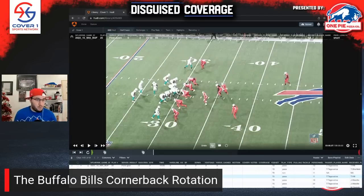Now, if they're playing up scheme or what they've seen on tape, and they know, okay, with this formation and this motion, I think this play, he's going to run this route. So let me play this anticipating that. That's a completely different piece. But nonetheless, what you're going to see from Kaiir on this play, again, press man comes up